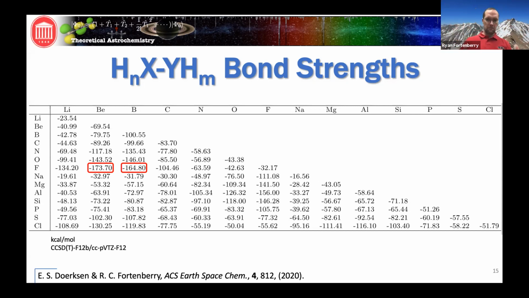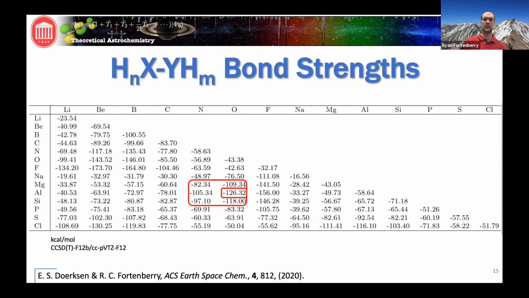The next strongest bond, again, omitting fluorine, comes in this valley right here. And it is magnesium to oxygen, silicon to oxygen, and then aluminum to oxygen. The strongest bond of the remainder is actually that Al-O bond. And we have known for a long time as chemists that aluminum really likes oxygen and oxygen really likes aluminum. So this is not that much of a surprise.